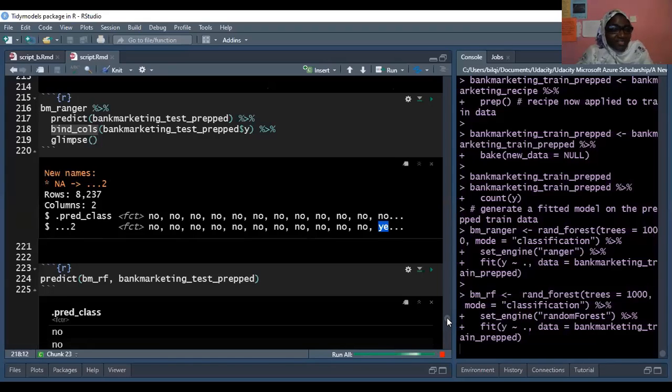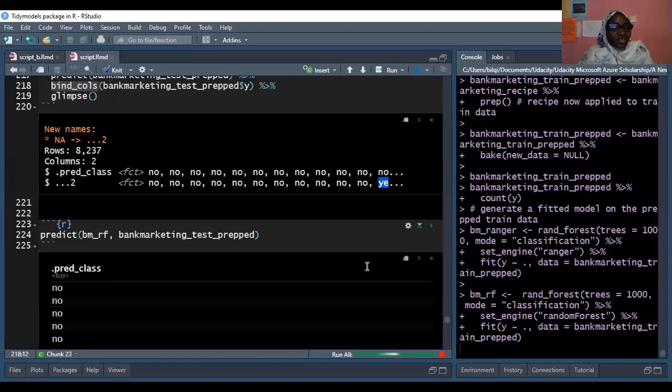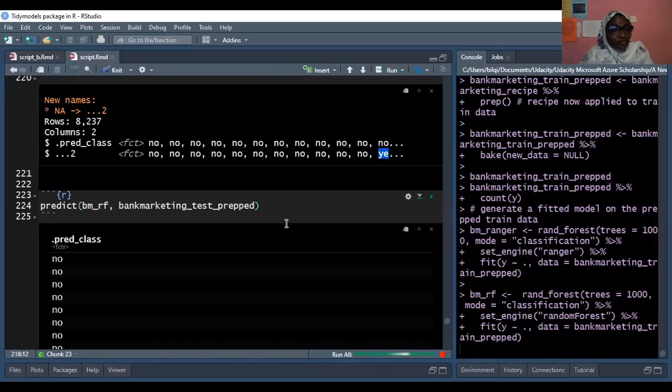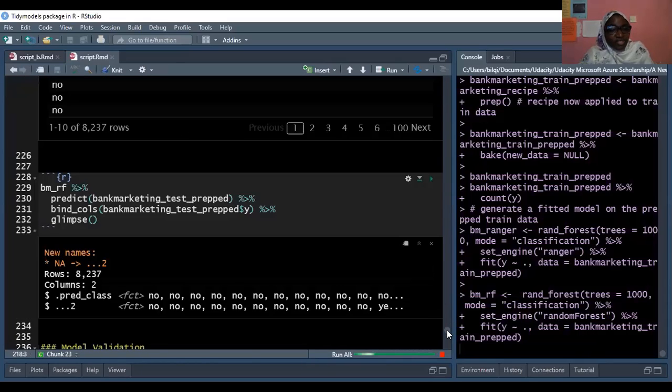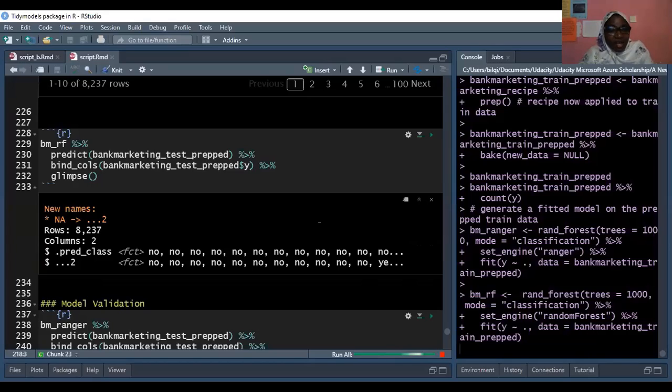So your model should be accurate, but can't be 100% accurate. We all know that. So now let's look at predicting using the second, that's the random forest. So this has been done here. So I'll move forward and show what we have here. So this is the output now, comparing by combining the two columns from what we predicted as well as what we have in the test data set. So moving on,